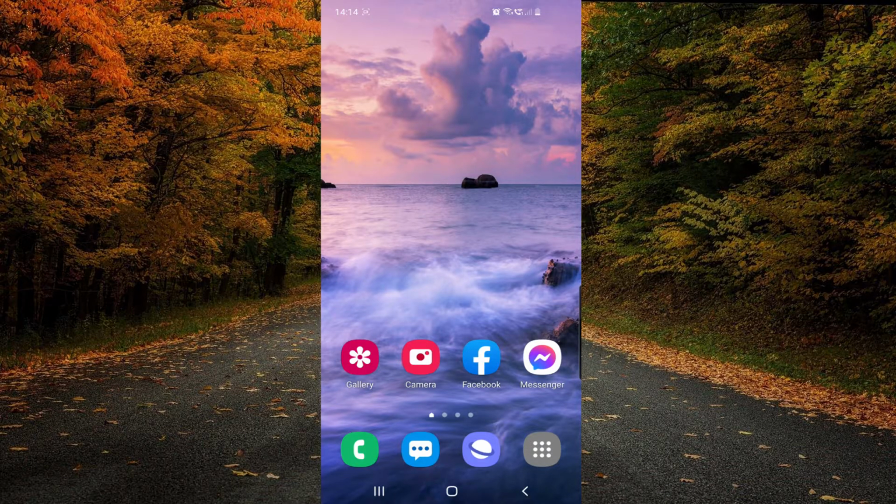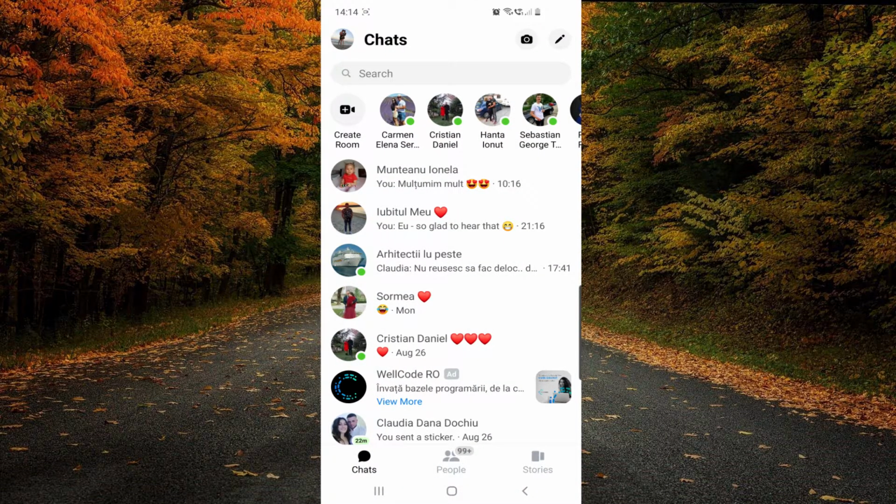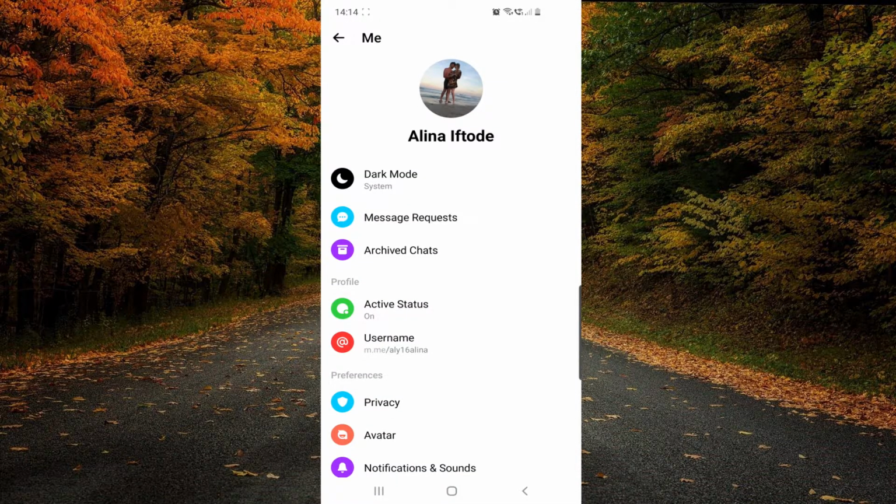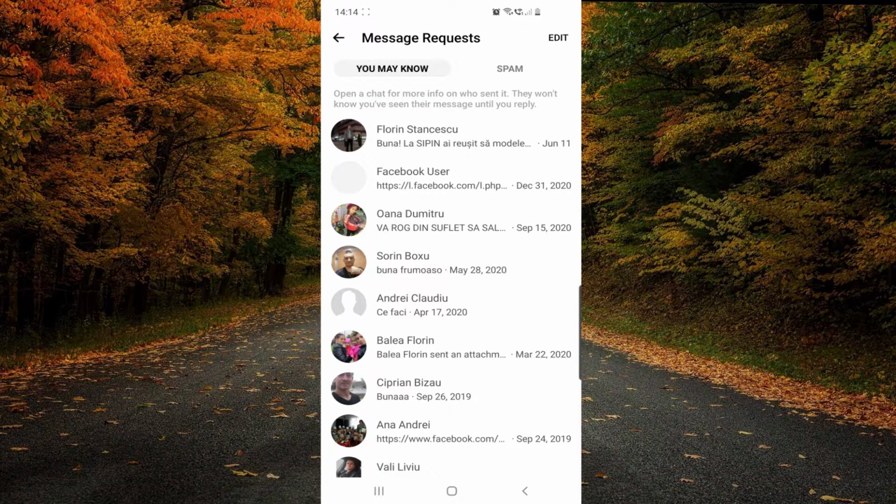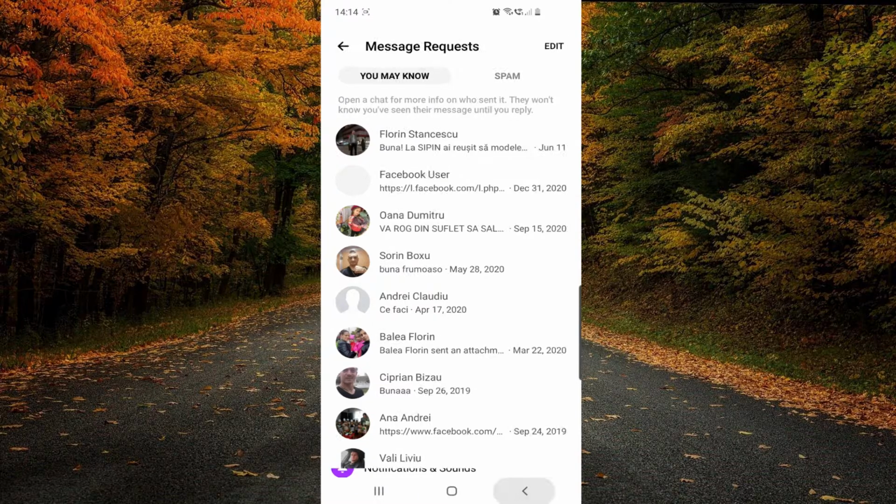So to do that we just have to go on our Messenger app and then you have to click on your profile photo, which is in the left top corner. So click on that. And then from here I want to show you my message requests. As you can see, I have a bunch of them. So we have to go back